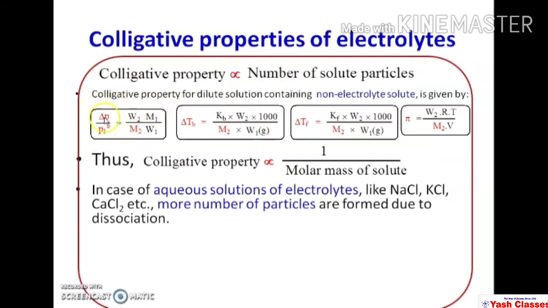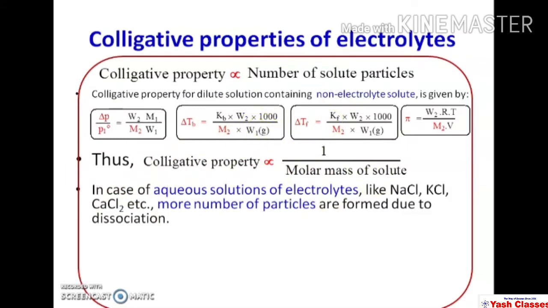That is relative lowering of vapor pressure, it is inversely proportional to molar mass. Elevation in boiling point is also inversely proportional to molar mass. Depression in freezing point is also inversely proportional to molar mass. And osmotic pressure is also inversely proportional to molar mass. So colligative property is inversely proportional to molar mass,